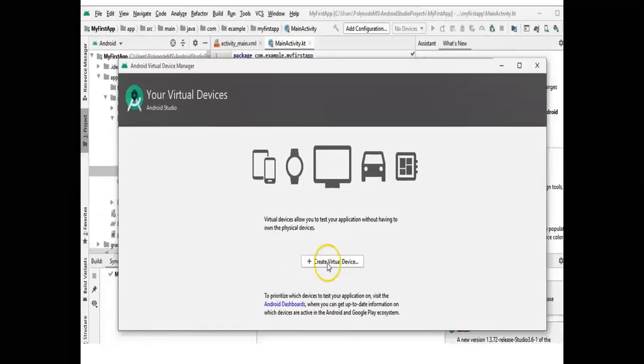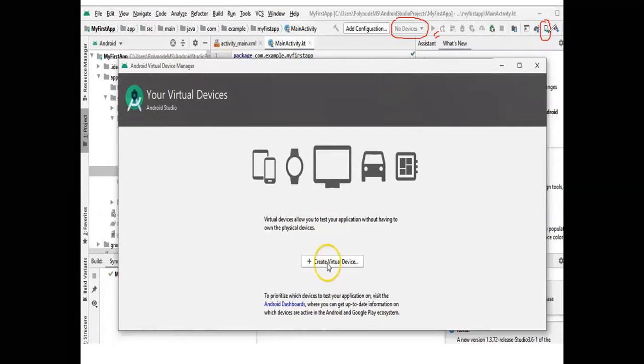But when you are installing Android Studio for the first time, you will find that no devices are there, therefore you cannot run your application, as indicated in this screenshot. So to create your virtual device, you can select this option here,